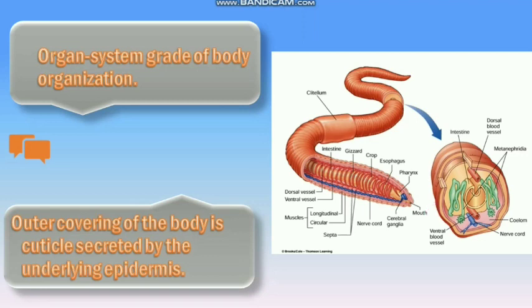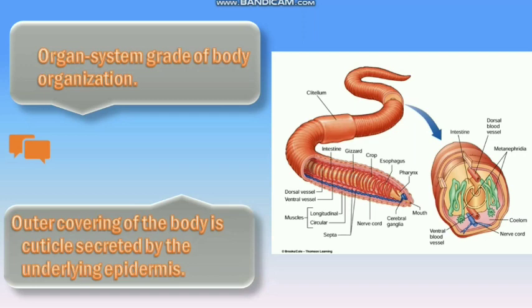Okay, see here, there is excretory system which is formed of nephridia. There is digestive system which is formed of alimentary canal that is starting from mouth to the anus. And then there is circulatory system which is mainly composed of the dorsal and ventral blood vessels, and there is nervous system which is formed of the nerve cord, etc. So different systems are there to support the body's physiology. Therefore, annelids have an organ system grade of body organization.